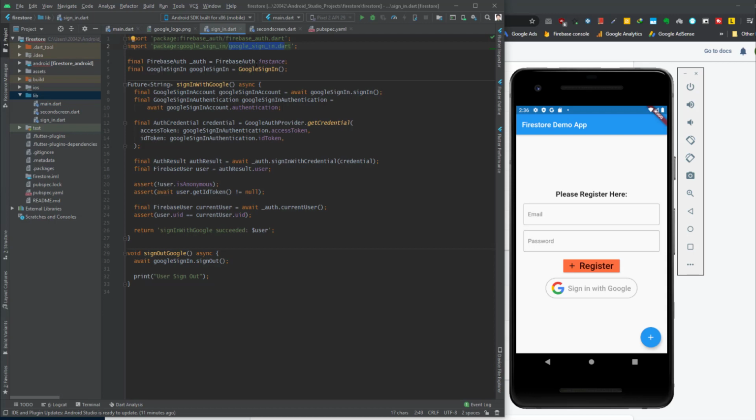And then you create an instance of Firebase Auth and Google Sign-In. And then you create a method that takes care of the authentication of the user using a Google account. If you don't understand all the steps in this method, you can copy and paste this method or the whole file